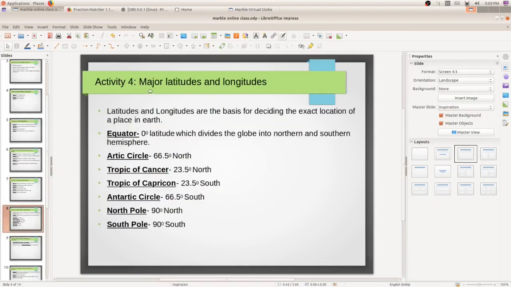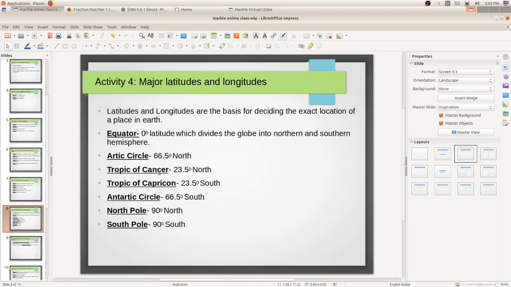What is our activity for major latitudes and longitudes? So in the last class I have shown you the major latitudes. Equator means which divides the globe into two parts, northern and southern hemisphere. So it is known as 0 degree latitude. In your textbook I have shown you page number 21. Arctic Circle is 66.5 degree north.